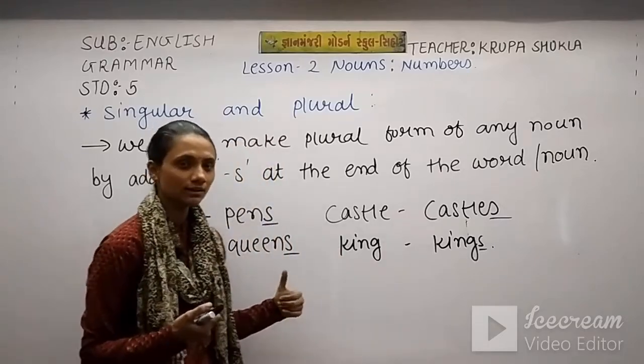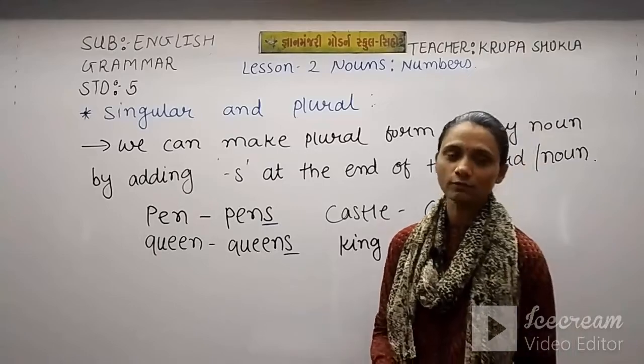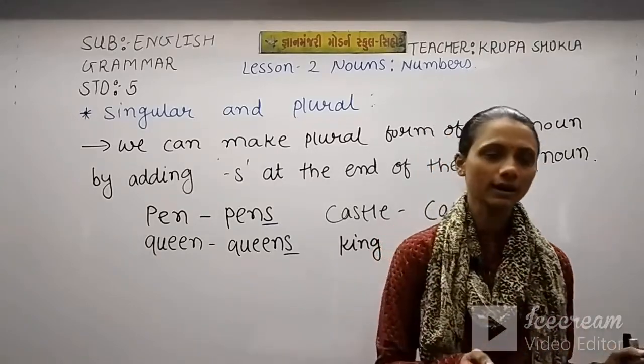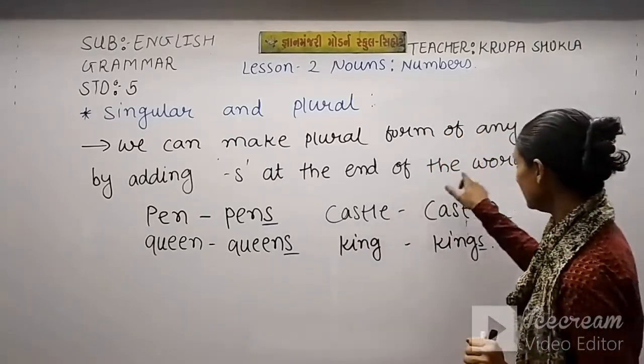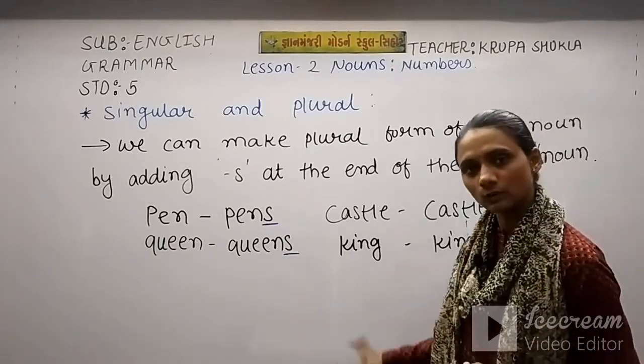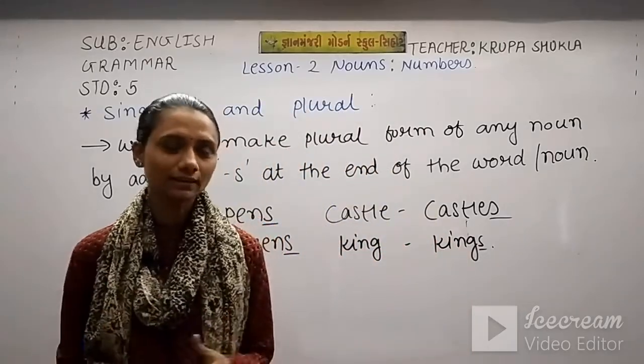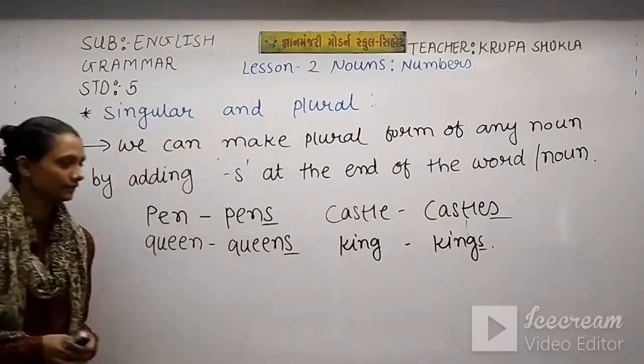So this way the rule number 1 is we can make a plural form of a noun just by adding s at the end of the word or noun. This is rule number 1. Now moving forward to rule number 2. How to make a plural noun using another way, and the rule is